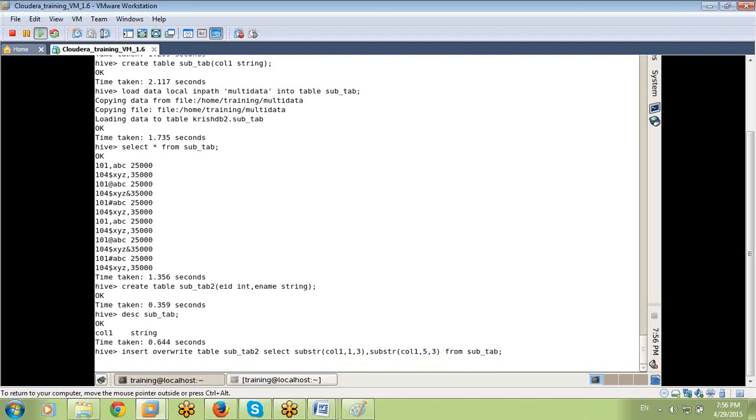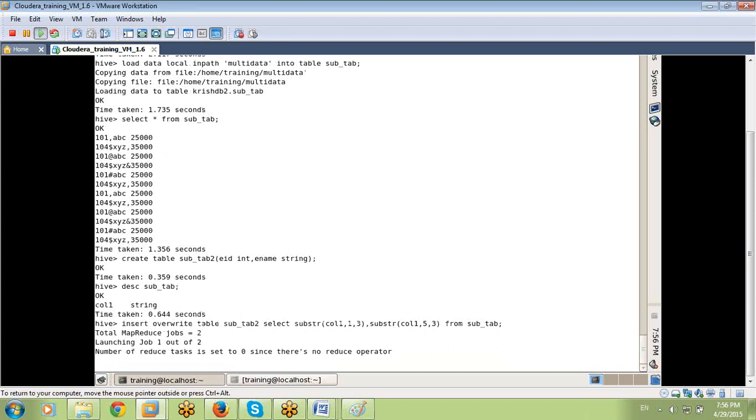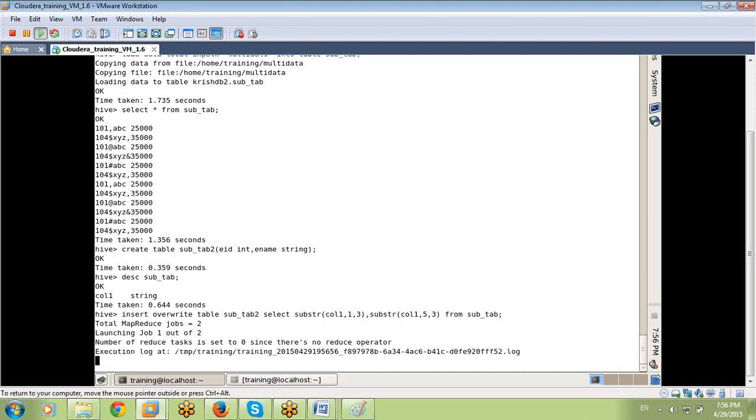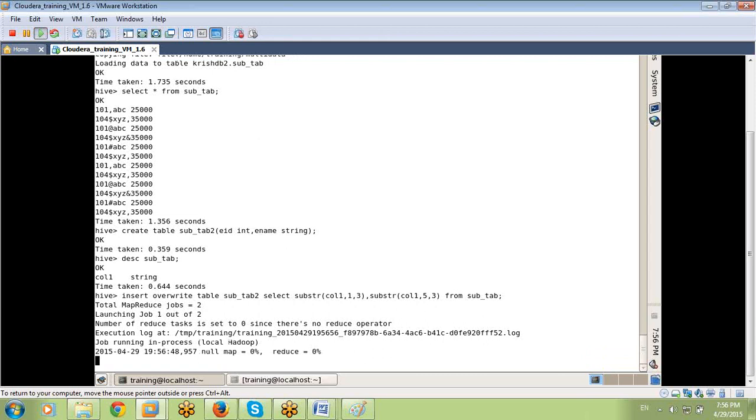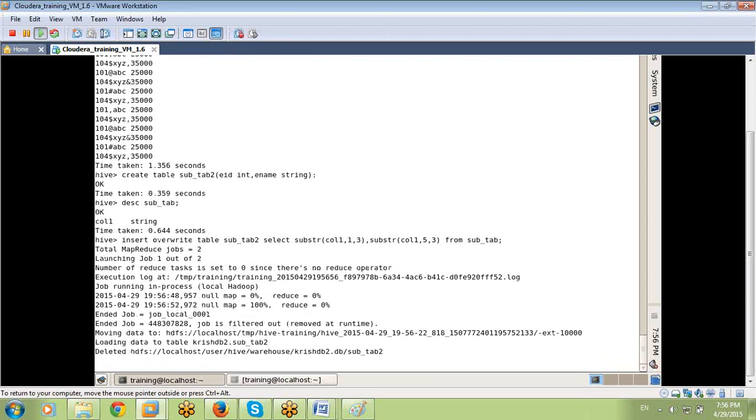Sir, could you repeat the col2, 5 and 3? Which one does it represent? I was just a little confused. Like you said, substring col2, comma 5, comma 3. If it's column 2, won't it be the column name, string, everything, and then it will check the letters? I was just confused. Yeah, not a problem. I will repeat.